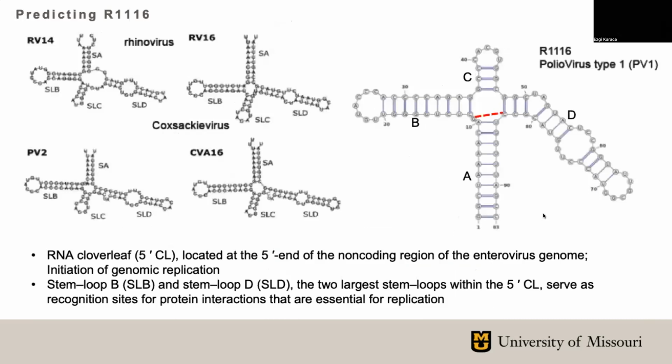And this structure completely failed. Let me tell you why. The first thing we did, we wanted to know the biological function of this sequence. We identified that it's actually poliovirus type 1, which belongs to this family of viruses. All the rest of these viruses show almost the same kind of 2D structure, a four-way junction with the internal loop here. And for one of them,